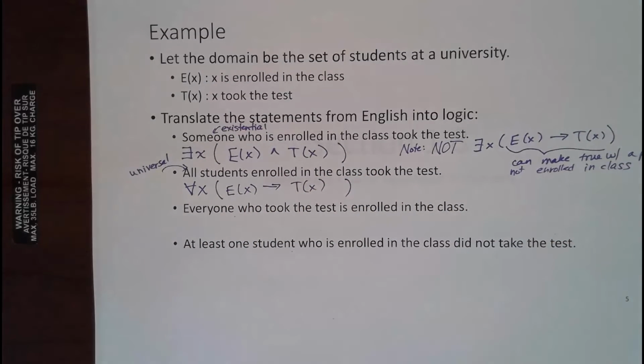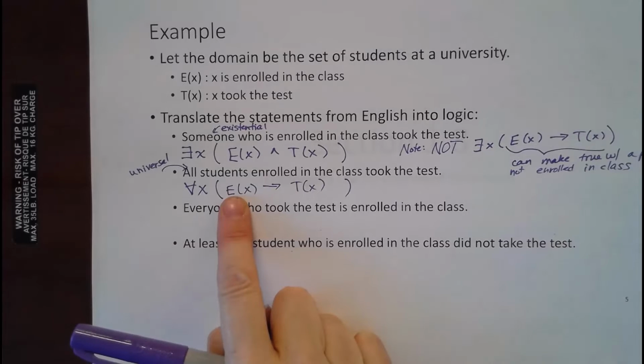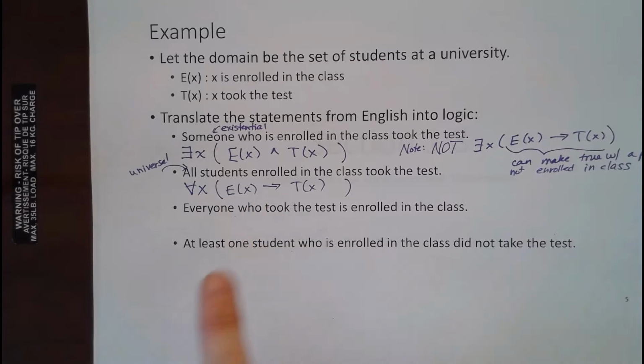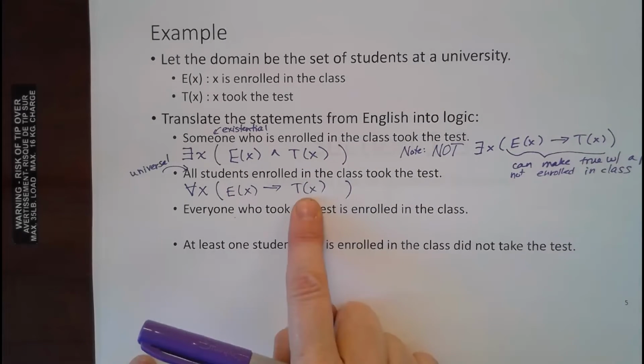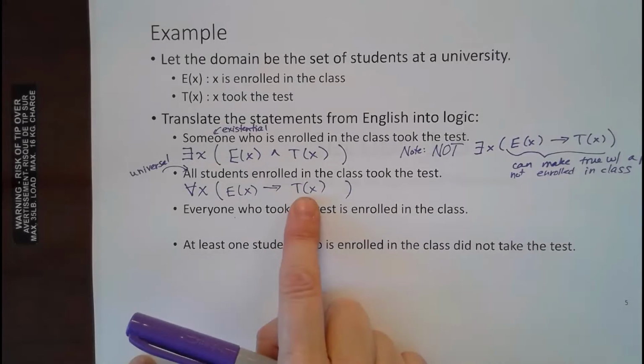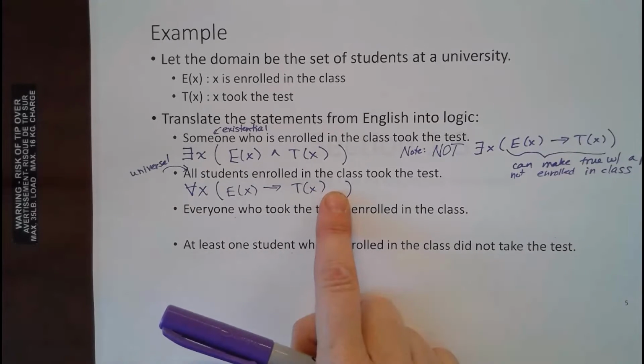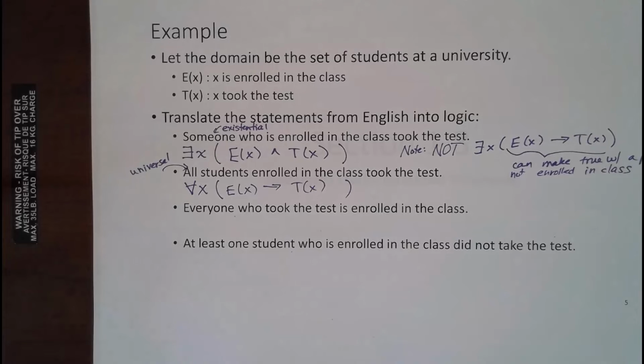Okay. So notice that for every student that's not enrolled in the class, this will be false, and it'll be true for all of them. So that handles all the people that are not enrolled in the class. It's going to be true for all of them. Okay. And then the only way for it to be true for the people that are in the class is if they took the test, if they were enrolled in the class and they took the test. There can't be a false conclusion right here, right? And so this statement will be true for every single student in the entire university. Okay. Can you wrap your brain around that one?